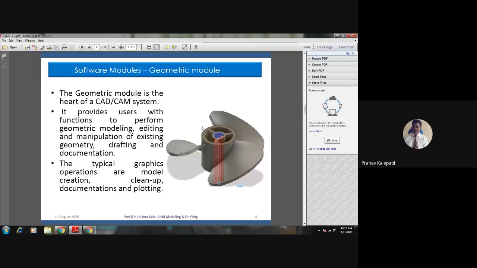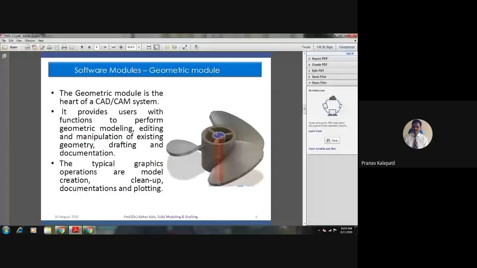Can you see this violet colored hole shown at the center? What is it for? A rotating shaft will be there, which will be connected to the motor. I will not say motor, I will say prime mover.